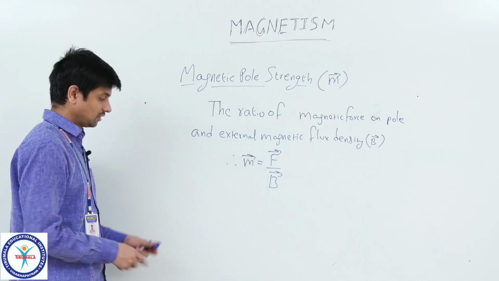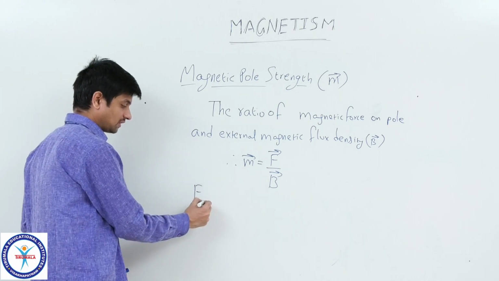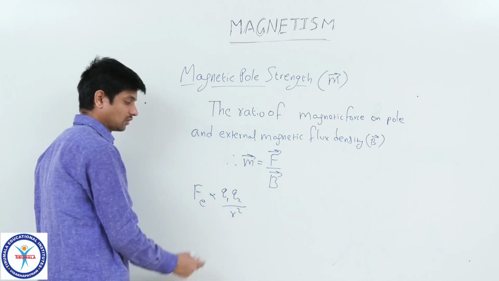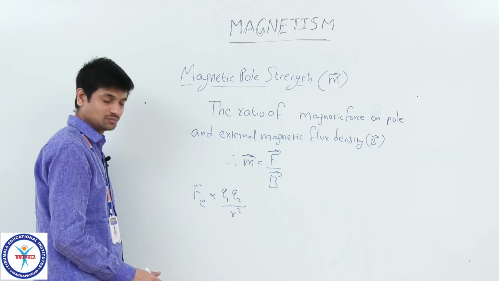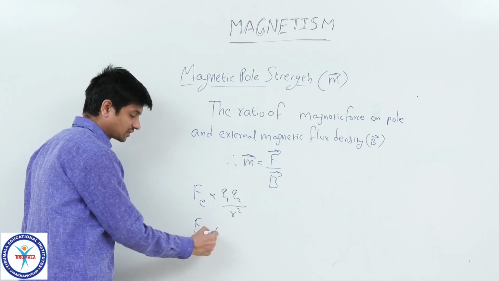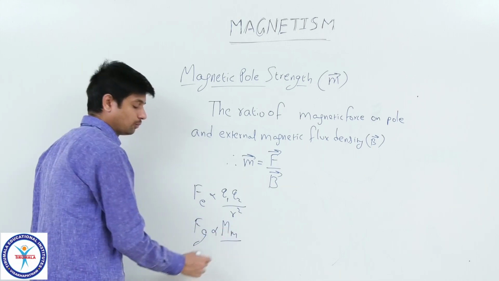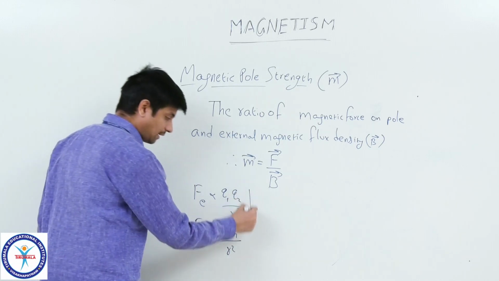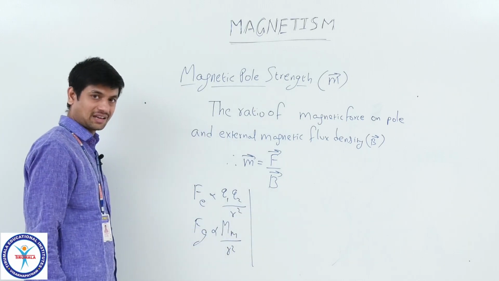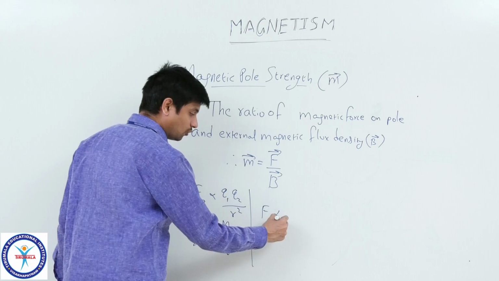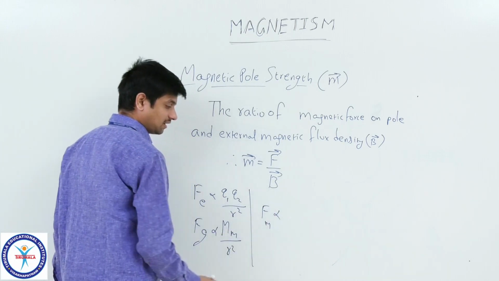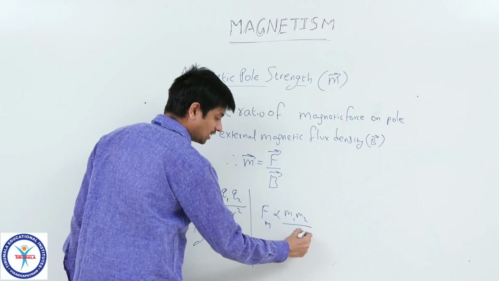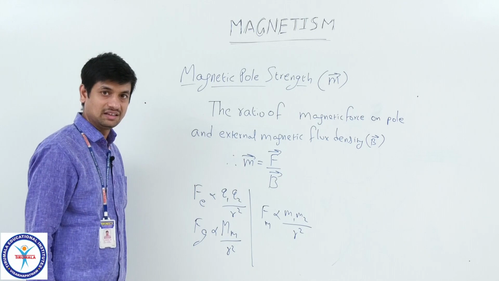and we have written that inverse square law force for the electric field, Fe equal to Q1 Q2 by R square. There Q1 Q2 are acting as charges. For the gravitational force, you will have the product of two masses and the square of the distance between them. If you compare this formula for the magnetic force, there also I have written in the Coulomb force law, F magnetic is directly proportional to the product of two pole strengths and the square of the distance between them.